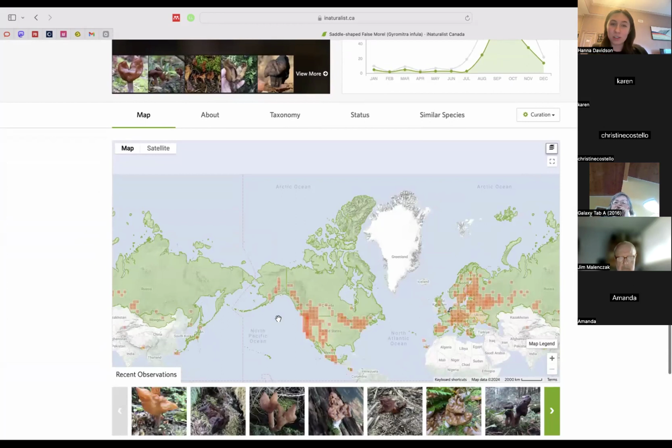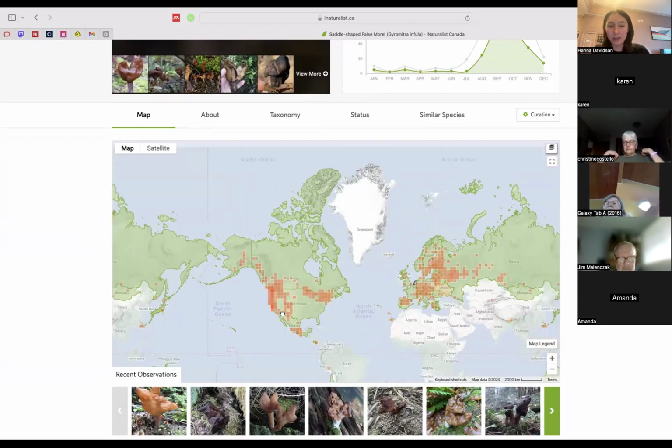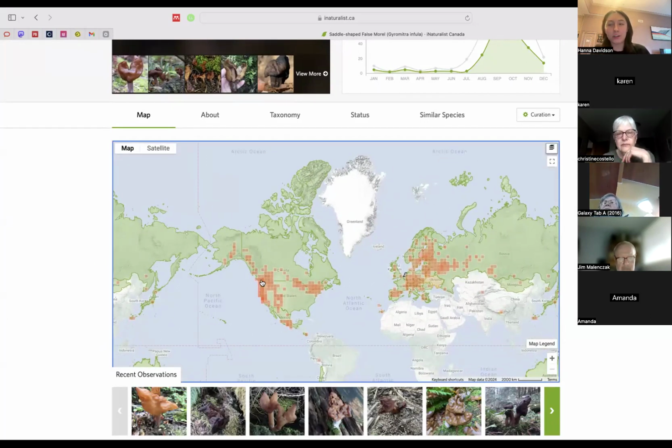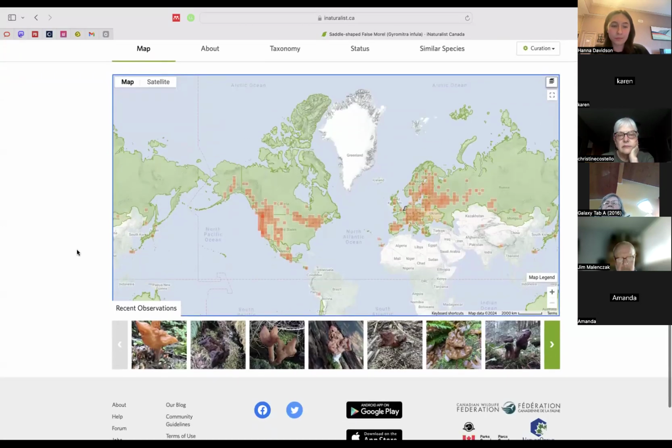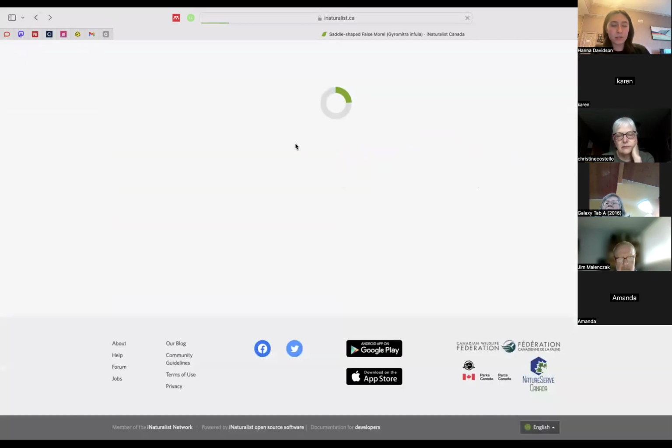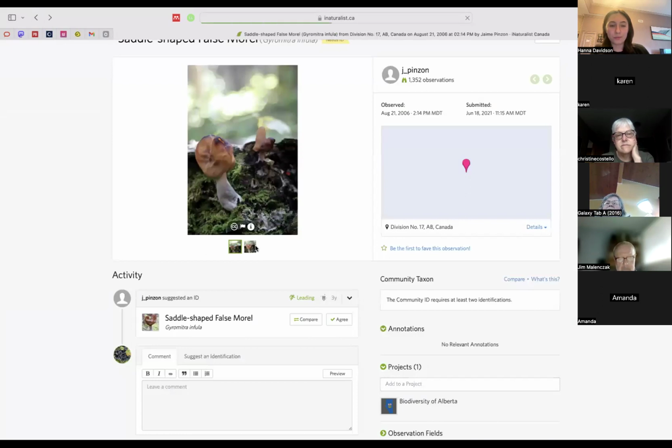Sometimes someone suggests a species that's only in Europe, and there's a sister species in North America, and they just mixed up which one is where. So if you check the map and everything is in Europe, that's a big red flag, like abort. You've got to find some other answer because it's very unlikely that that's actually the answer. But here we can see that there's other observations of this species in Canada and Alberta, so that's not necessarily a red flag. And then we can just go back to that actual observation.